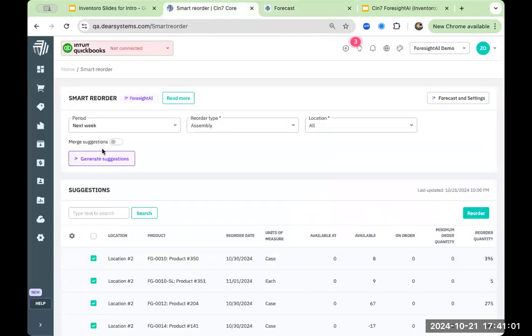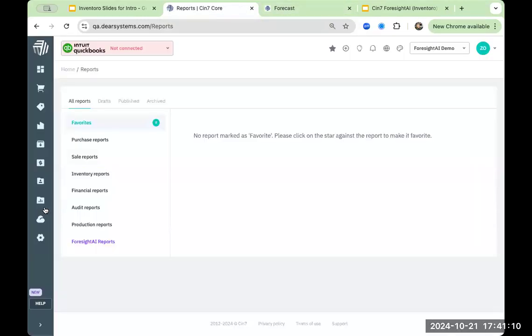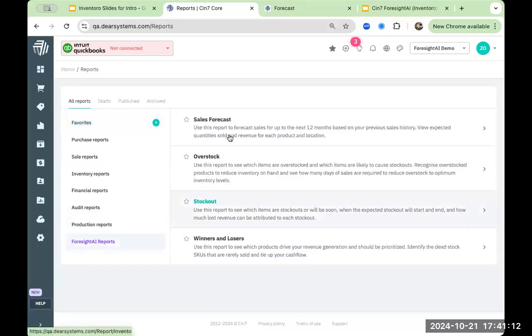So you can see that, but then also if you go into the reports, and I like the forecast because it's a little more visual, but if you are more of a numbers Excel person, if you click into the Foresight AI reports, you can see what that sales forecast looks like number to number, and then you can adjust it or track it with your month to month